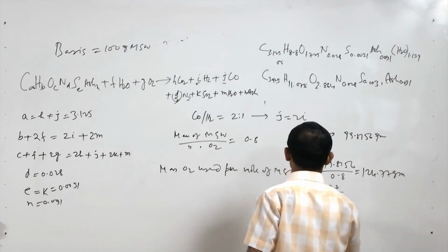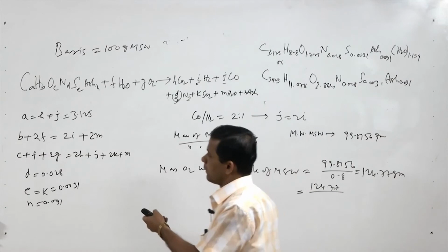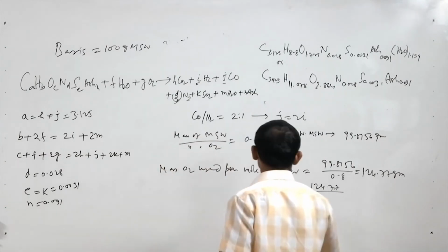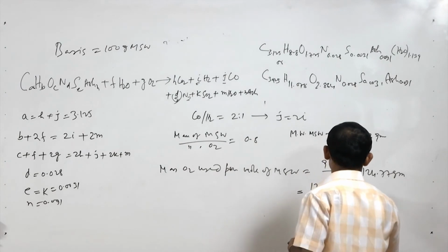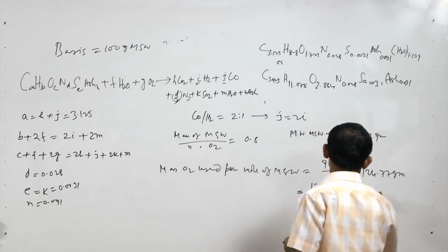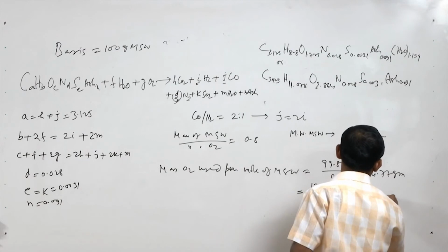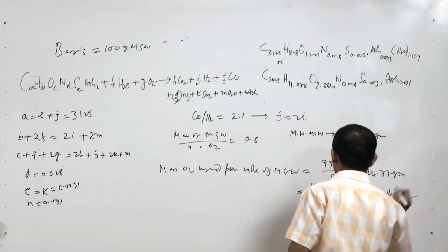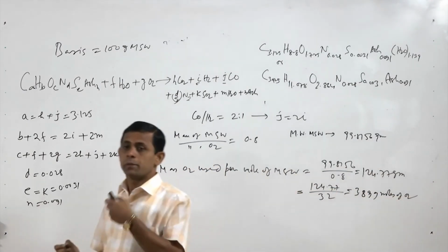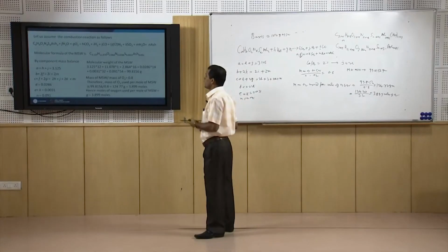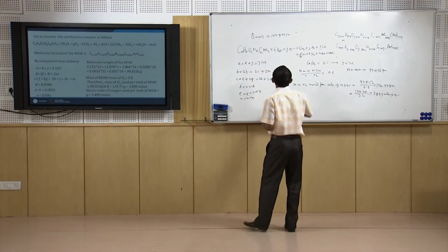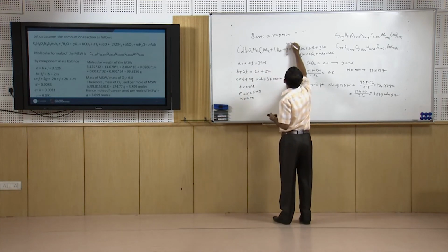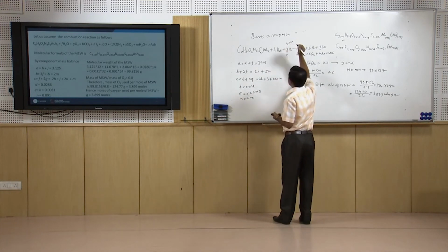That is 124.77 divided by 32. So, that is equal to 3.899 moles of oxygen. So, oxygen which is used for this MSW is equal to 3.899 moles. So, now we have got the value of G, that is equal to 3.899 moles,